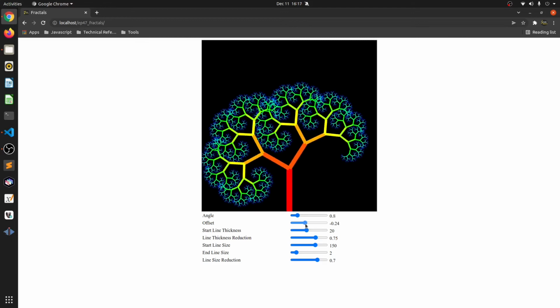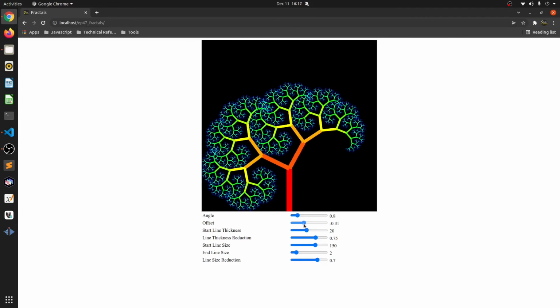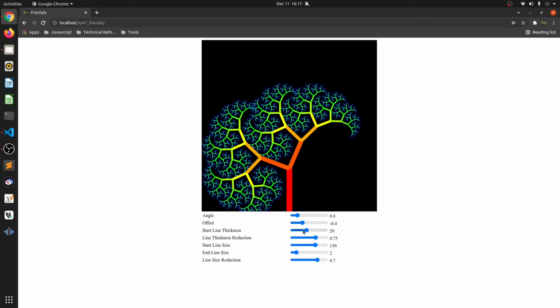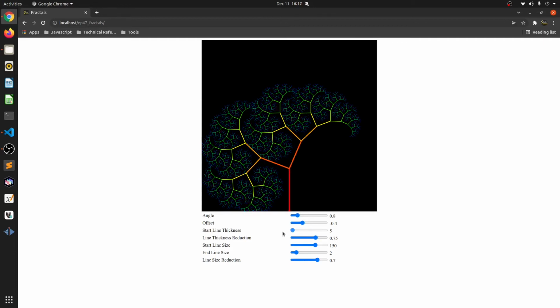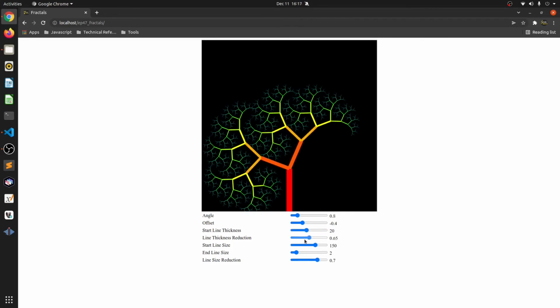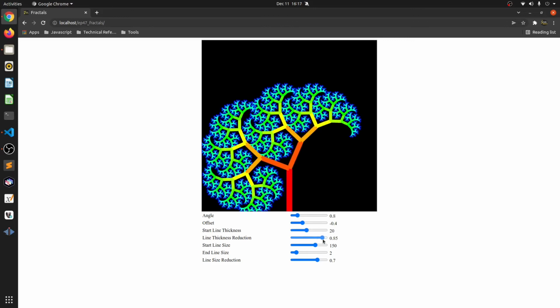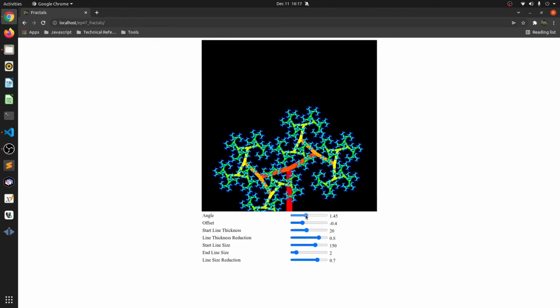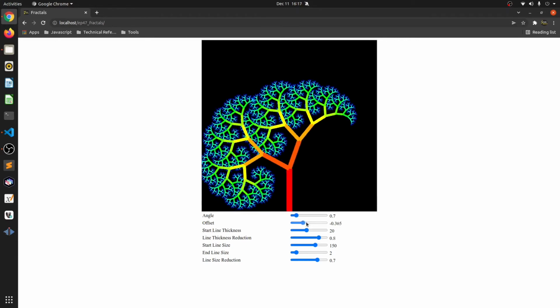Although this does take a lot more processing than before, right? Because of so many recursions that are happening. You can change the thickness size, and yeah, it creates a much nicer, beautiful effect. You can see, I can make it thicker or thinner, or I can basically just play around with these controls in whatever fashion I want. All right. So I think that brings us to the end of the coding session itself.